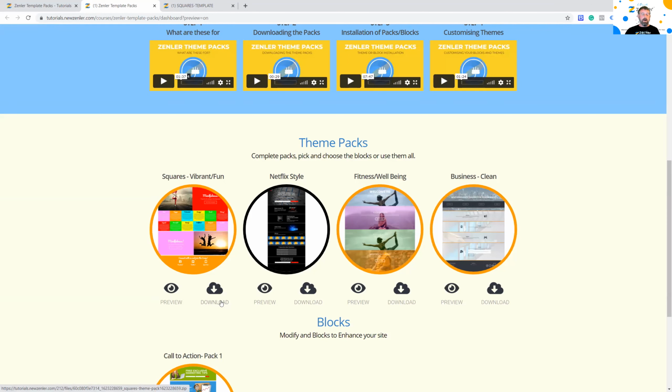So when you download the pack, it's a zip file, you open it up. And as I said before, it's got images of the different blocks, an image of the complete template, and the code, which is the most important part. And obviously I show how to install that in the installation packs there. So we've got a few at the moment. We've got 4 in here of complete themes, and we've got a call to action block.